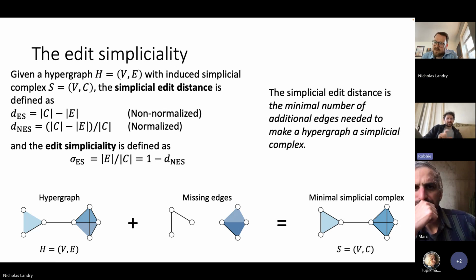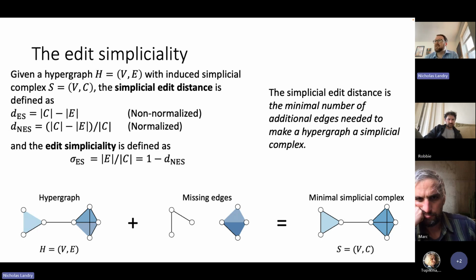Yeah, it does. So it seems like you're building in this weighting of, say I have a fourth order hyperedge, that the third order face of that is being weighted more in this edit distance than the second order. Right. Yeah, so if I've got a larger edge, there will be combinatorially so many subfaces that you'll need to add. So there is some weighting involved there. Yeah. Cool. Thank you.